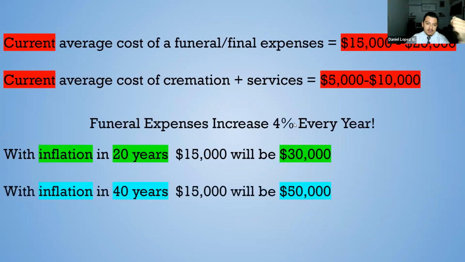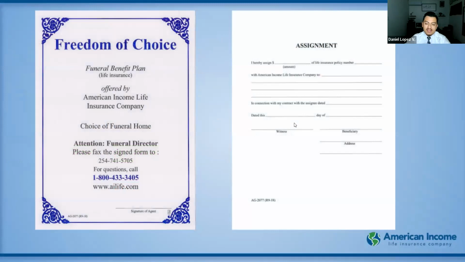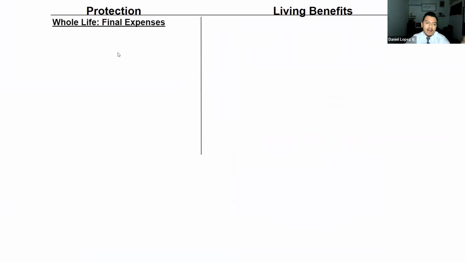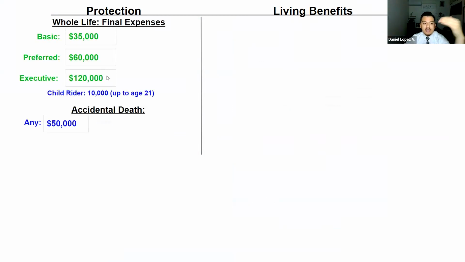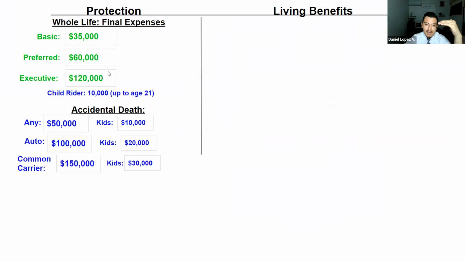Great. Okay, awesome. One thing that's going to be included in your policy is the freedom of choice, which allows you to use the life insurance to pay for the funeral right away, which is really important because it takes a long time. Here's what we're recommending: protection. We also want to recommend living benefits, which is why I asked you how much you make in a day. You say you made about $400 a day, or $200 a day. So for whole life, we recommend the basic plan, and that's where you keep clicking and talking as everything goes in there.